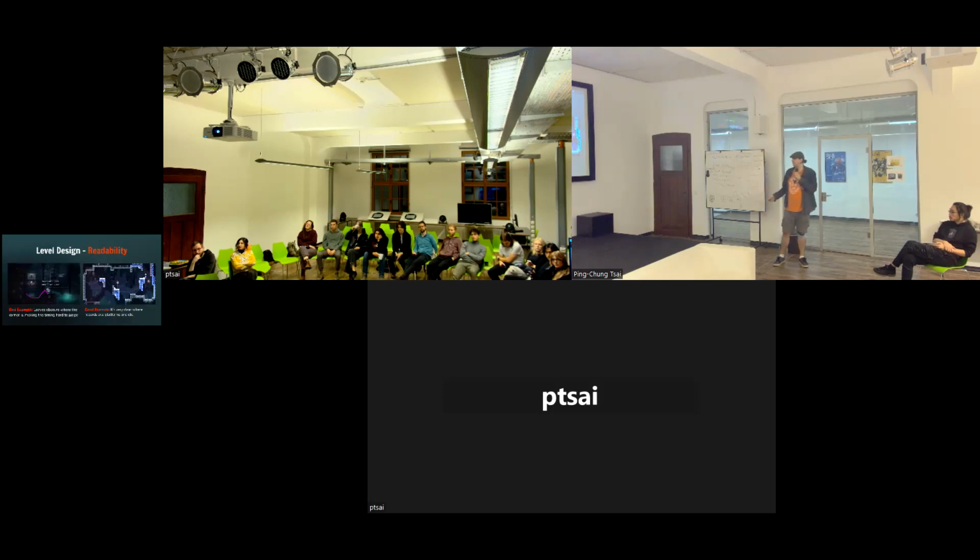For readability, I have a bad example from VA3 where the leaves obscure where the corner is. It's a bit hard to see, but here's a platform, and as you can see, Roro just fell down in the water and died because they didn't see where the corner was, because the leaves obscured it. Celeste, for example, is always rather clear about where the hazards and the platforms are. Even these bits where there's snow on the platforms, because of the sharp edges, you can very easily estimate where the corner actually is. So make sure this stuff is readable.